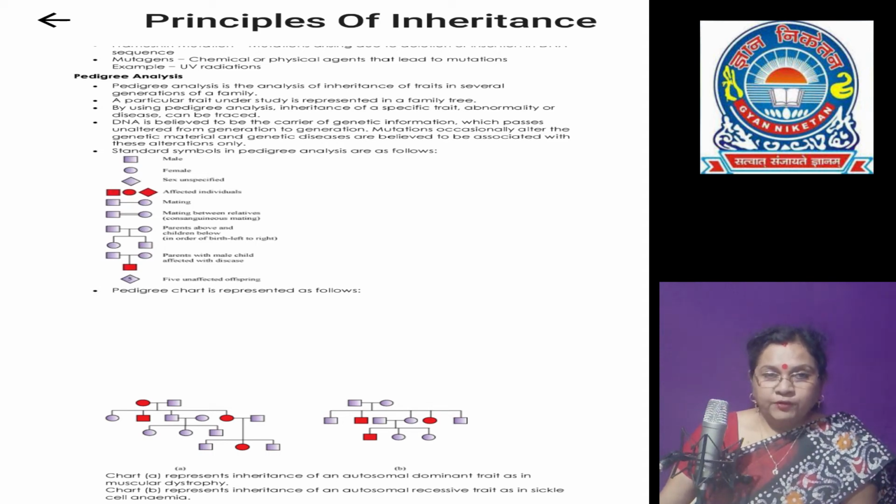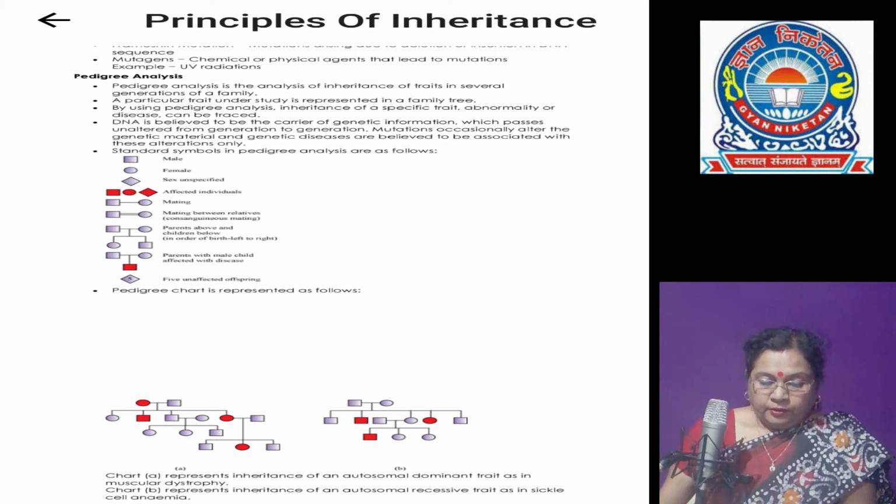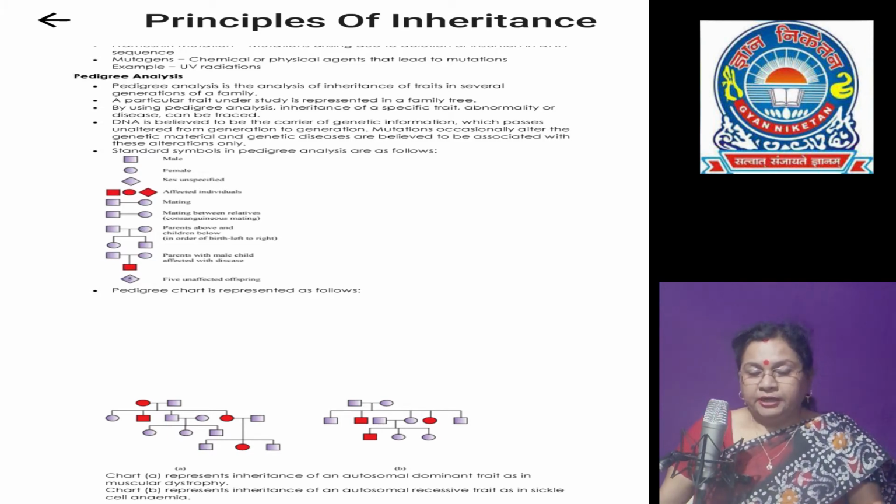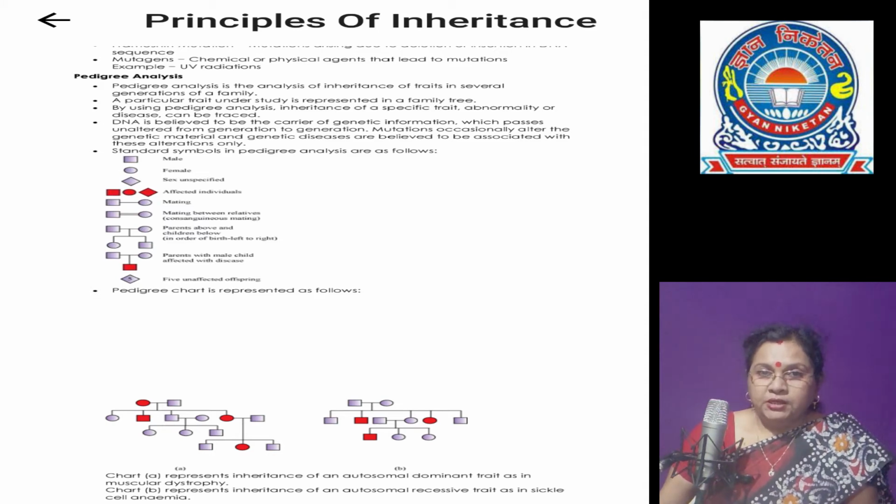Suppose the left one is a circle, the progeny is the daughter of the couple, and next, if it is a square, that is a second child, the son. If in the first generation any circle or square is shaded, it shows that the couple has given birth to an affected child. And if a number is written, the number shows the progeny and the Roman numeral shows the generations.